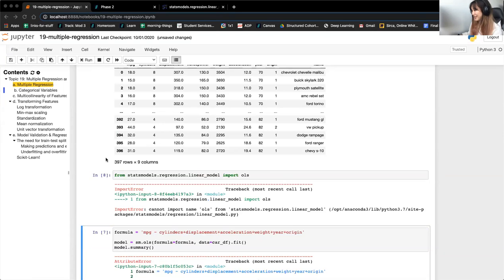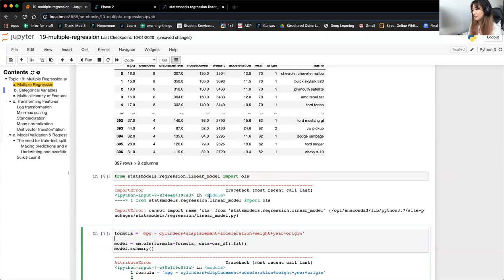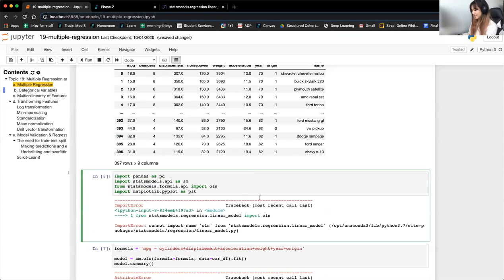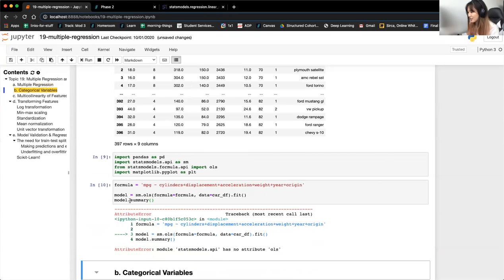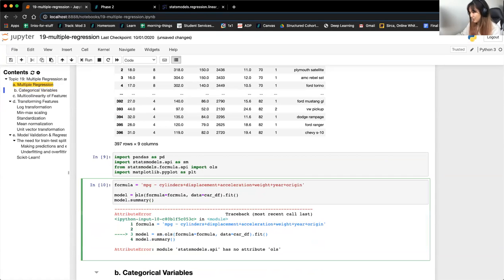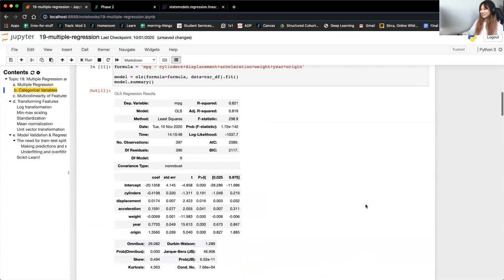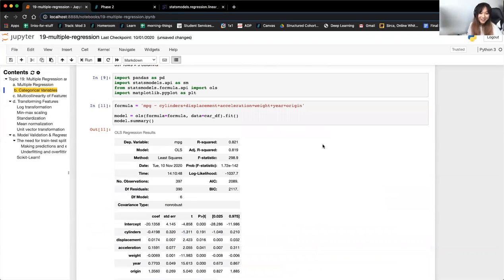I'm just checking to make sure that I have everything right. There we go. We're just going to import this. Thanks, Matt. It was the dot formula. Let's see if that works. Go. Ha, all good. All right, so given that you have all the right things imported, you should get this